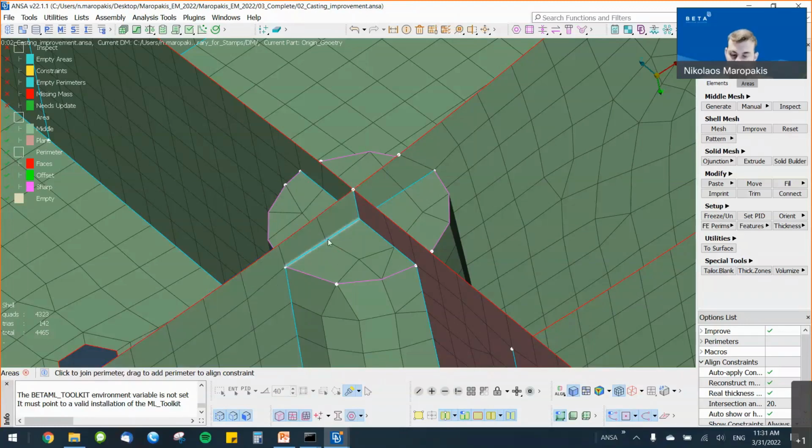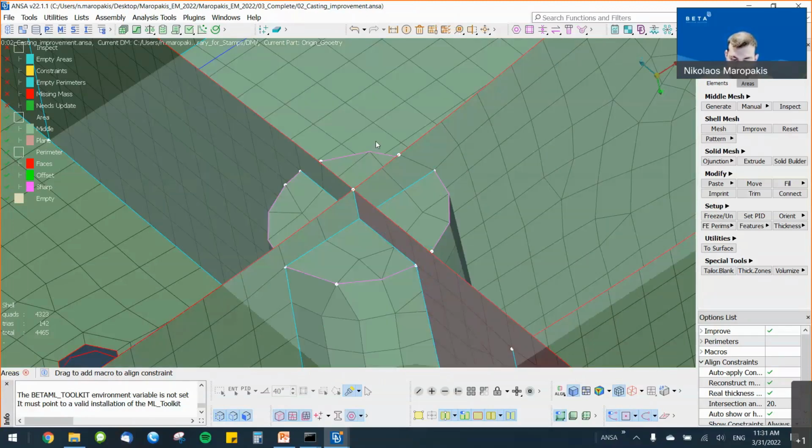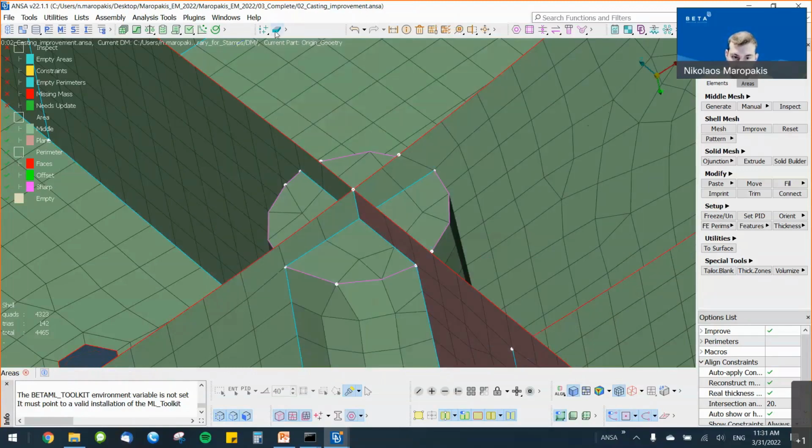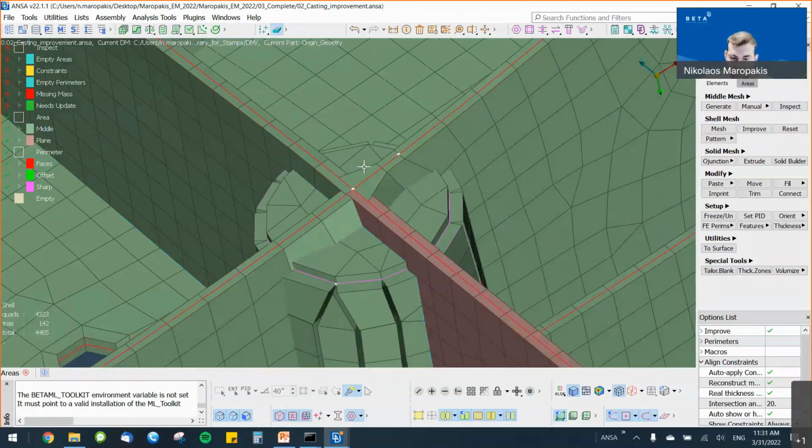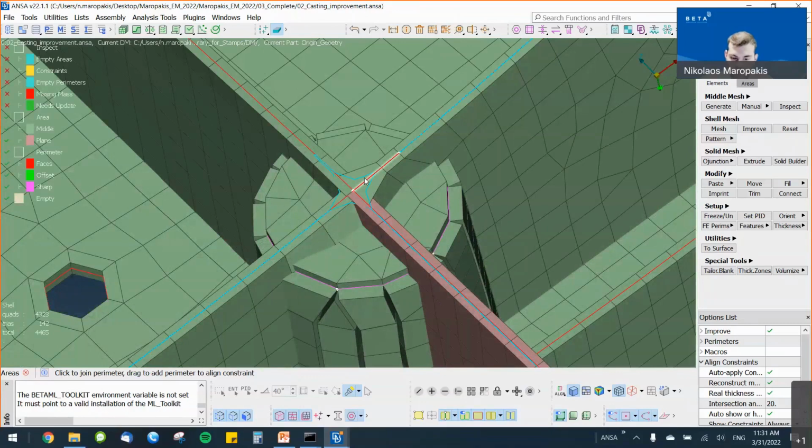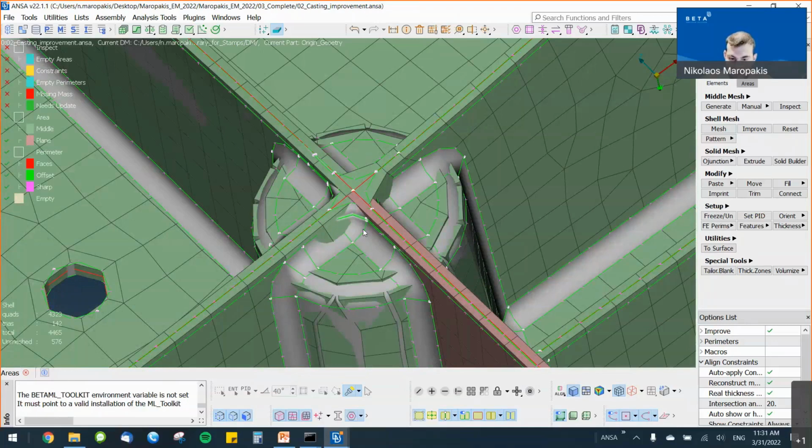It's important to remember that the align constraints not only constrain a macro area about its position, but also give the macro area the information about the nodal thickness that it should have according to the geometry. I can have a preview of the nodal thickness of an area by drawing my cells as solids here. I can see now that these two areas that got their align constraint merged don't have the desired nodal thickness. And by comparing it to the geometry, I can see here that these areas are thicker.